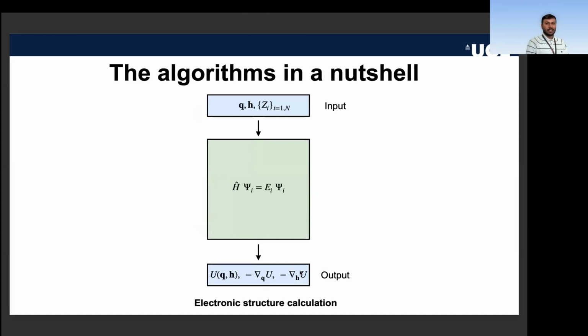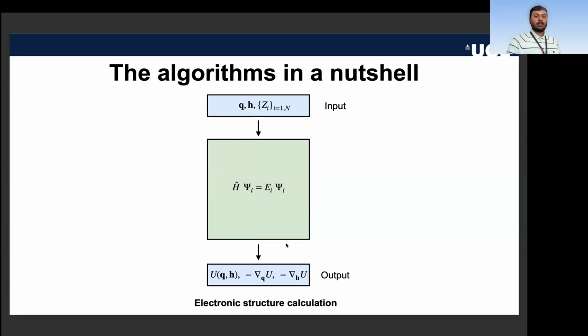So let's look at just the pseudocode, a very blocky way of thinking about an electronic structure problem, where you have an input block where you're providing the positions of all atoms, the unit cell, and the identities of all atoms, which are given by the atomic numbers. And this goes into a black box. This could be your electronic structure code, and H here is the electronic Hamiltonian, and you can get all of these eigenvalues, and these eigenvalues correspond to the potential energy surface,